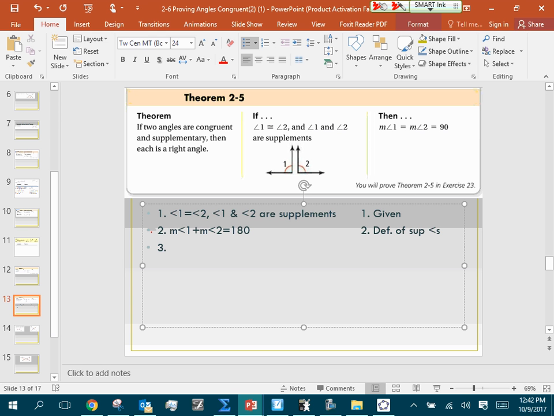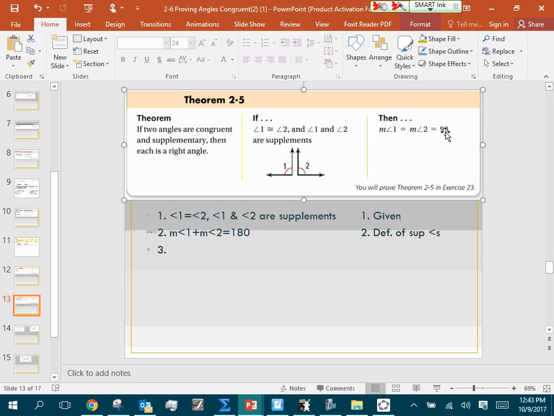Then we had angle 2 and angle 3 equals 180. This one doesn't provide that. So when this one doesn't provide two separate sets of angles being supplementary, chances are you're going to have to do direct substitution. So chances are we're probably going to replace 1 with something or replace 2 with something. And that replacement comes from